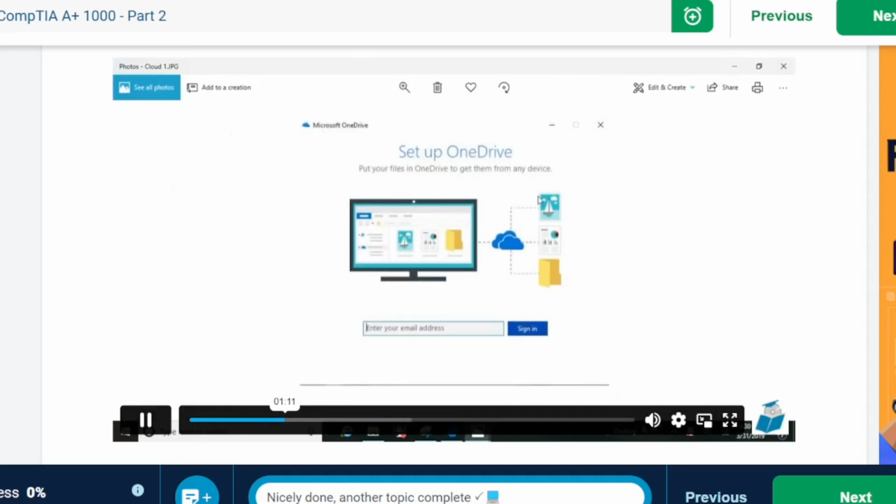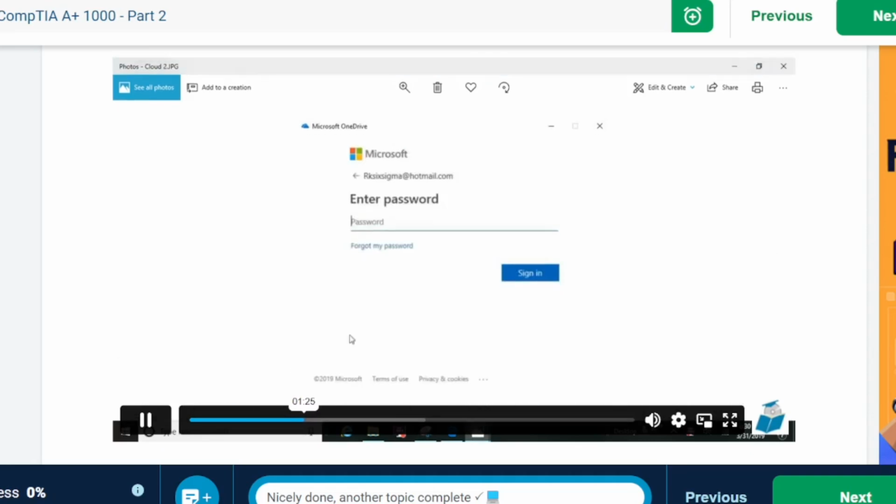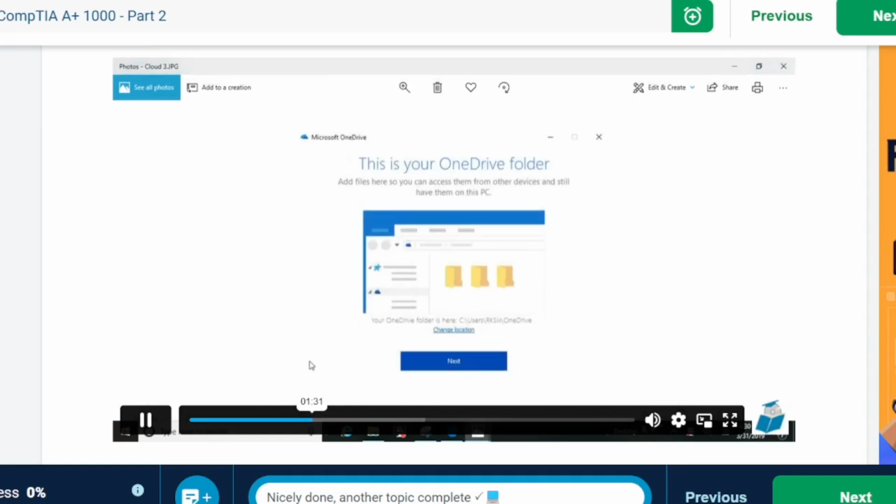So obviously this is a Microsoft product. It's set up through Windows 10. It shows my computer connecting to the cloud, and here's all my documents out there. So I'd have to start by entering my email address, and that's how I begin or how I sign into the Microsoft OneDrive. From there, I have to enter my password. So I've entered my password through my email, and I've gotten signed in.